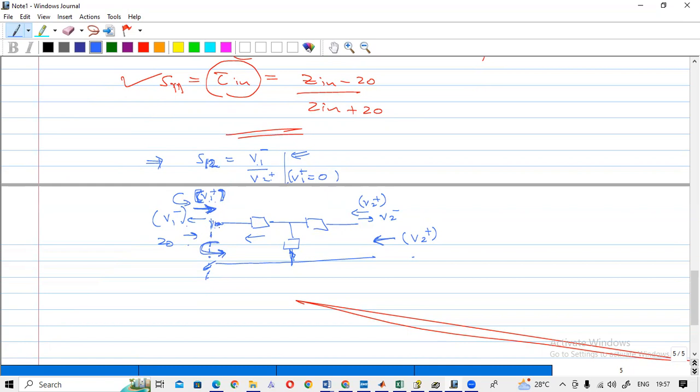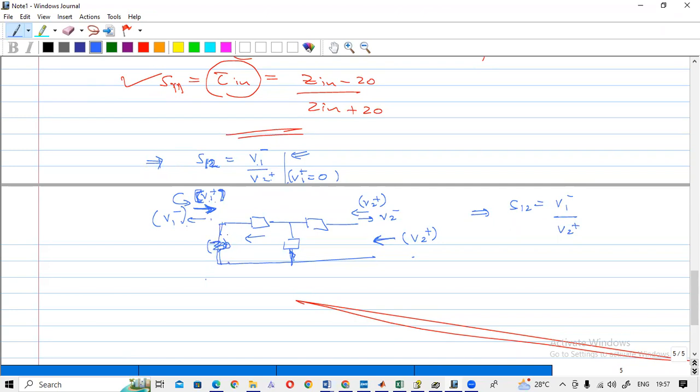Okay. So now you have to match this terminal to the Z node. Now you have to evaluate S12, that is V1 minus over V2 plus. So if you connect the Z